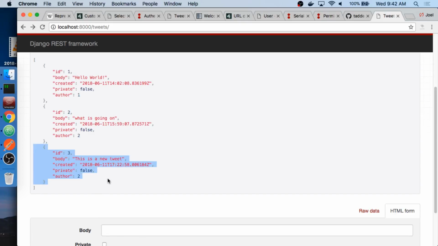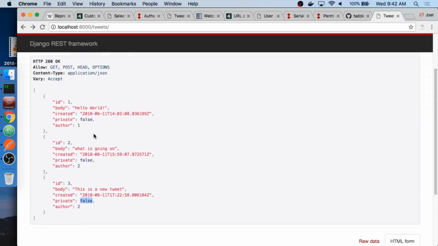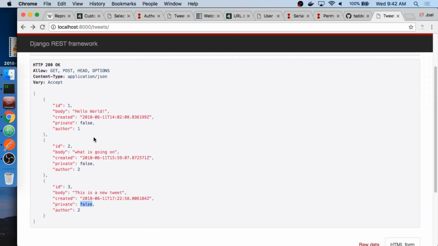Right. Well, the reason why I'm not too hung up on this is because we can show all people if it's private false. That's fine. But from a functionality standpoint, we're only really going to see private true if it's our own tweet. It would be a complete breakdown of security if I saw another user's tweet was private true.